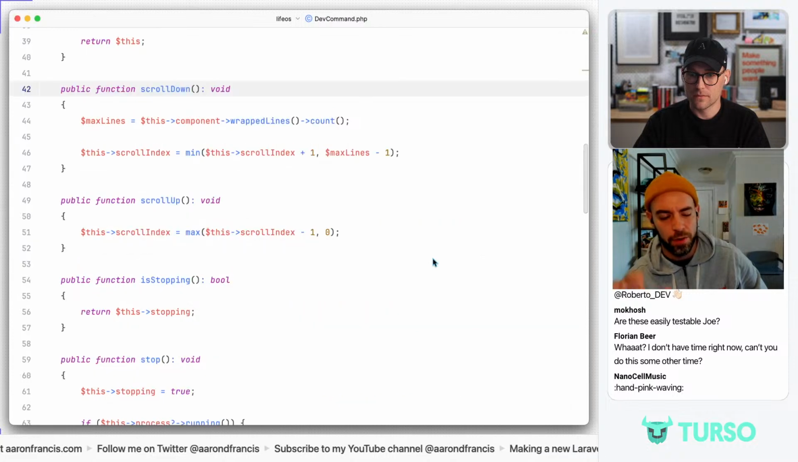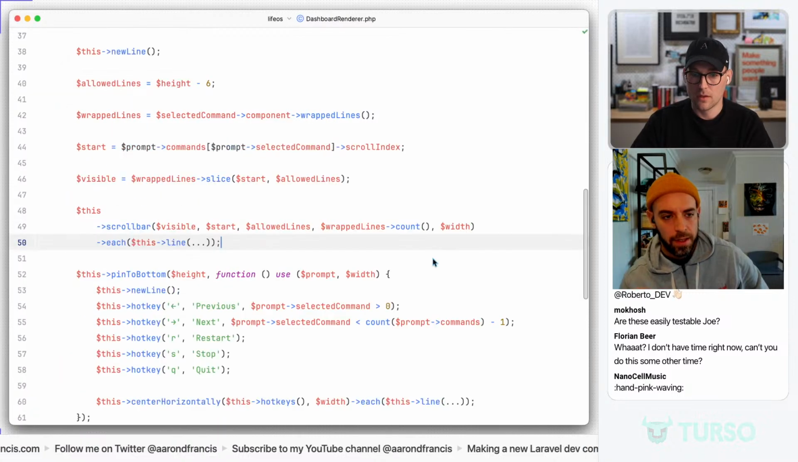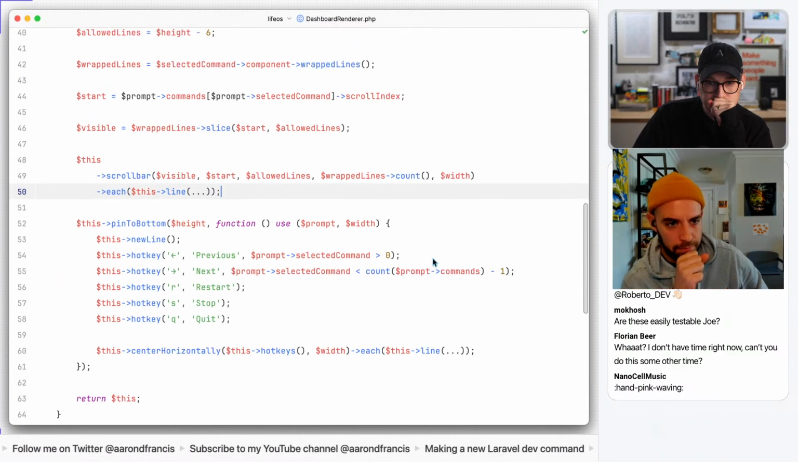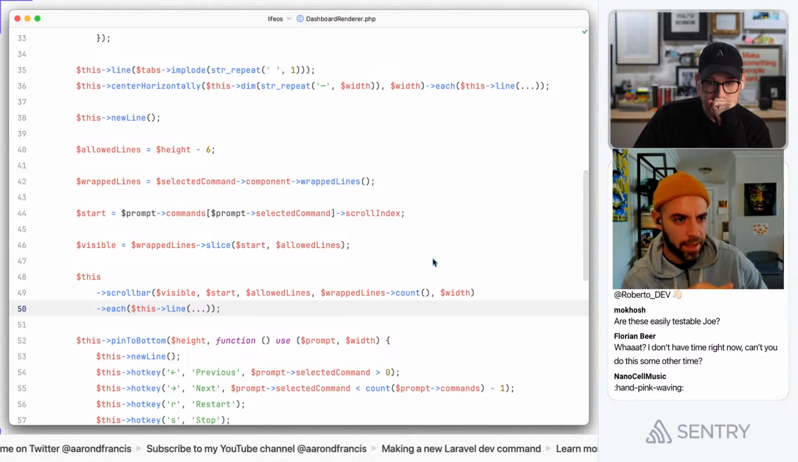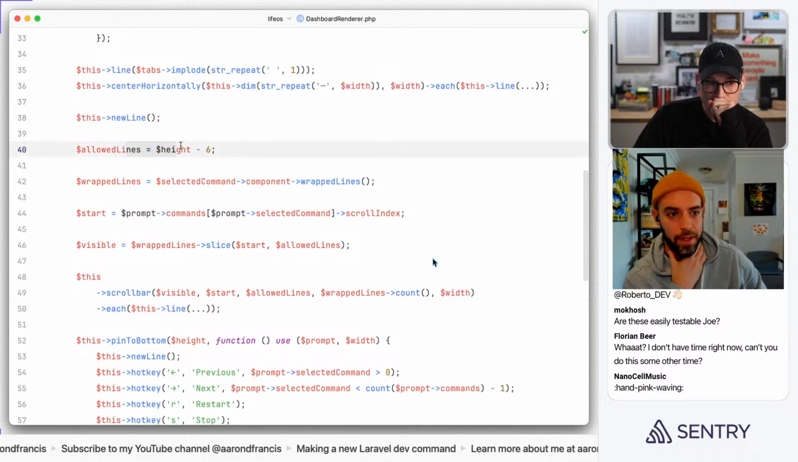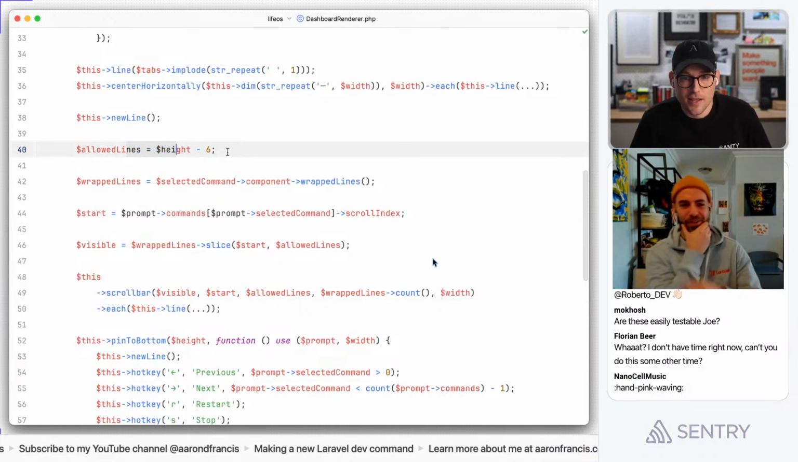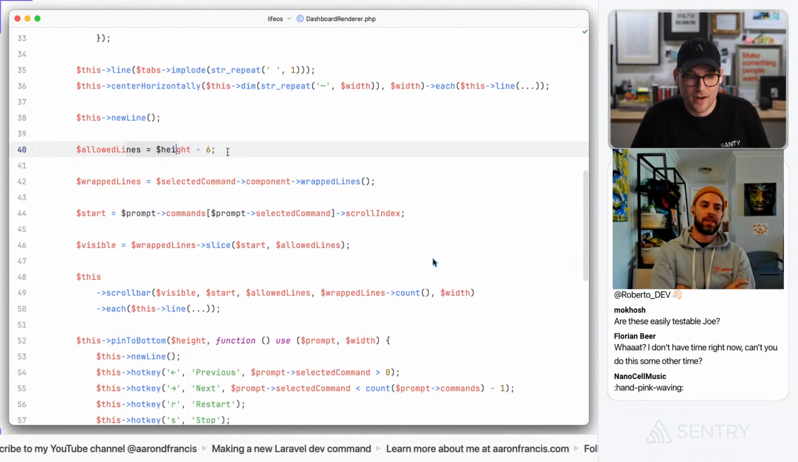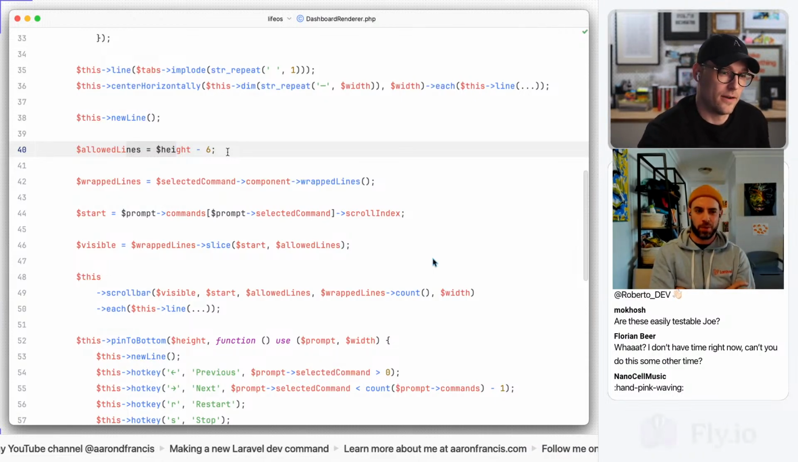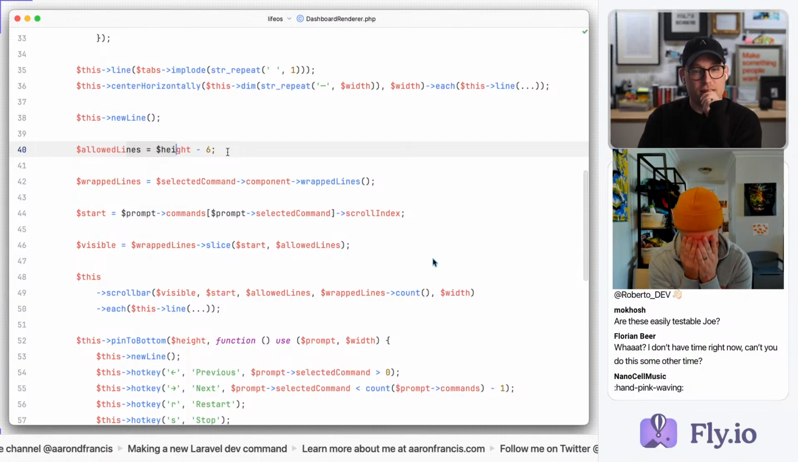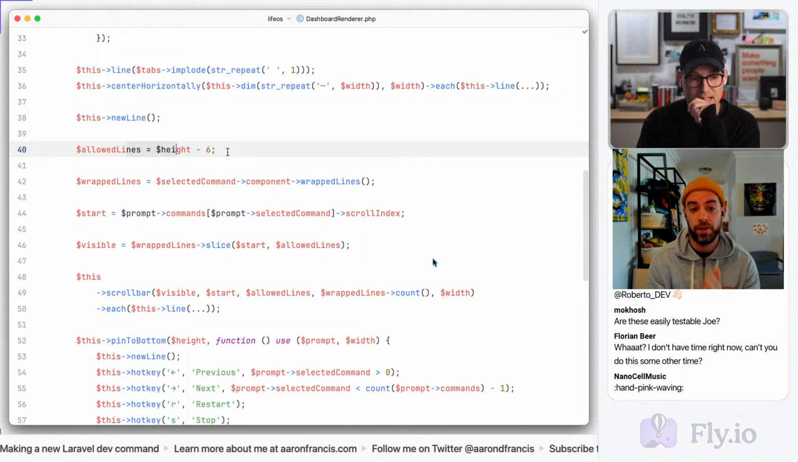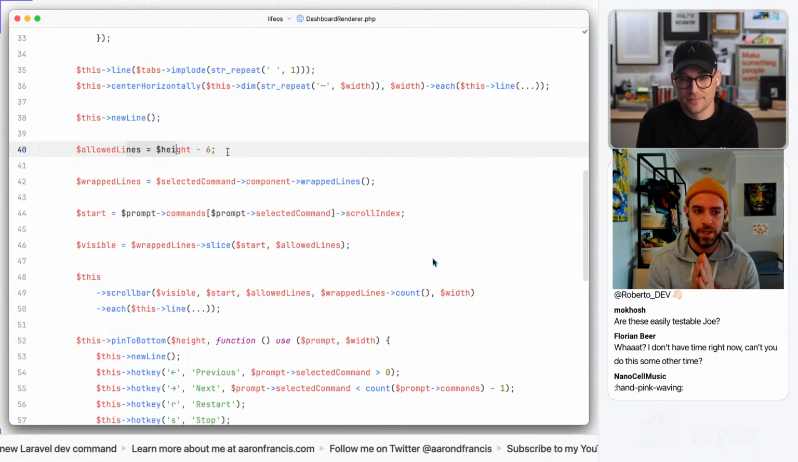So go to the renderer. And where are we setting this? Oh, allowed lines is height -6. So I have some slightly bad news for you. This should probably be stored on the, wait, do we need to do this? Okay, I see what you're saying. The quick fix is that we can do this in the renderer, but long term that's not great